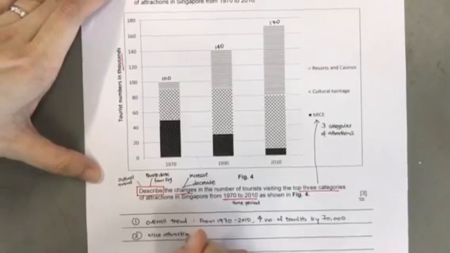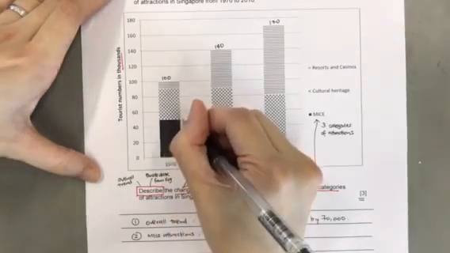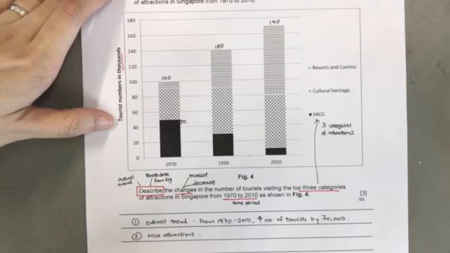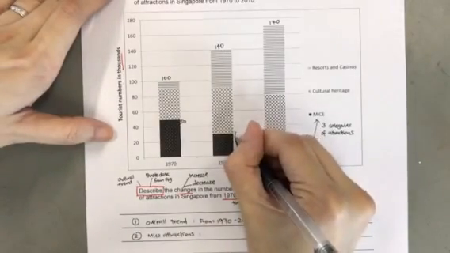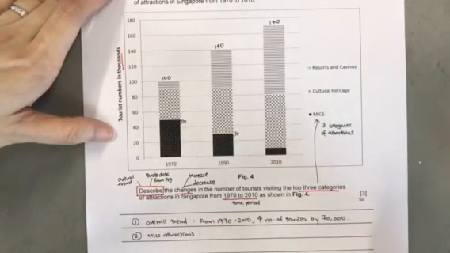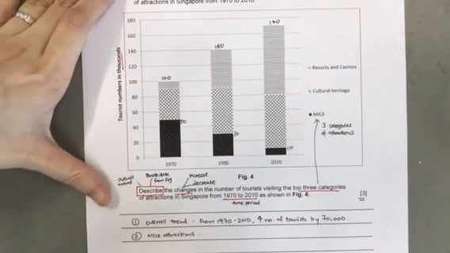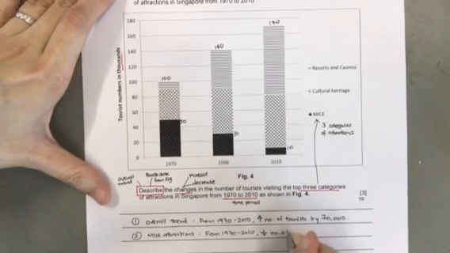For mice attraction, again from 1970, you see that there is about 50,000 tourists going to mice attraction. 1990, it decreases to 30,000, and then 2010, it decreases further to 10,000. Right, so from 1970 to 2010, you actually see a decrease in the number of tourists